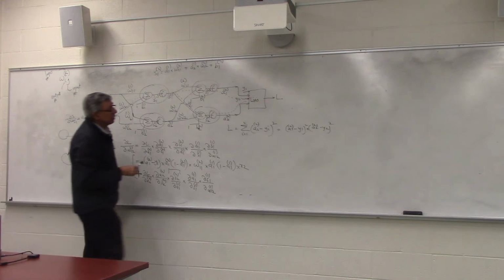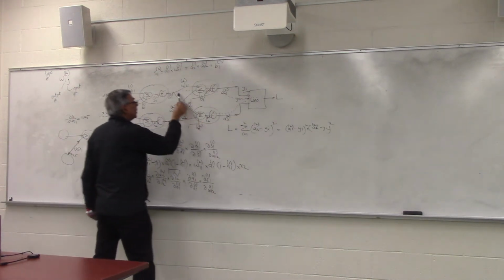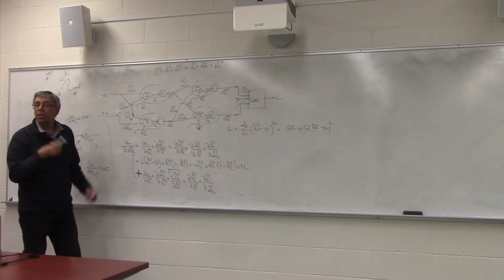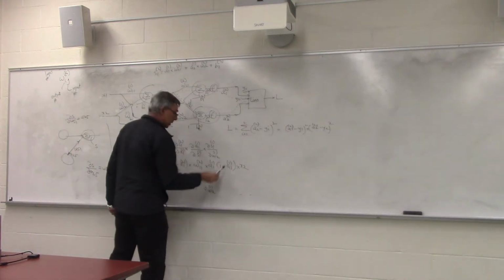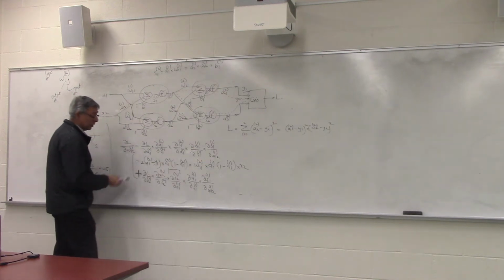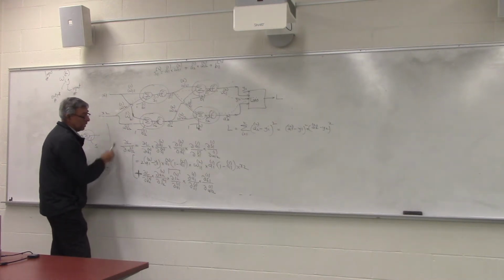And then there's another blue path, which also takes us to the same weight from the loss. So there will be another chain of partials, which will be added to the previous chain of partials to compute the entire